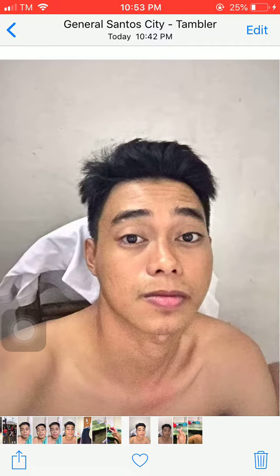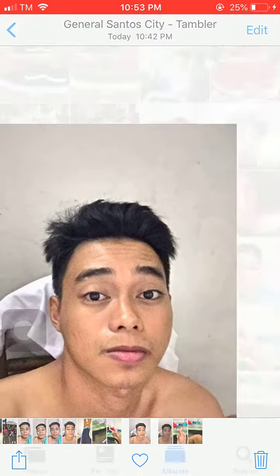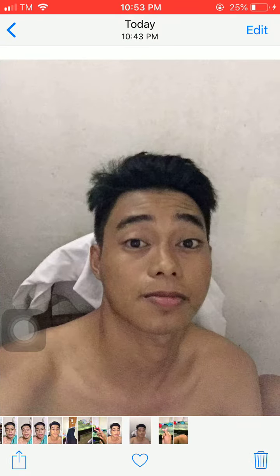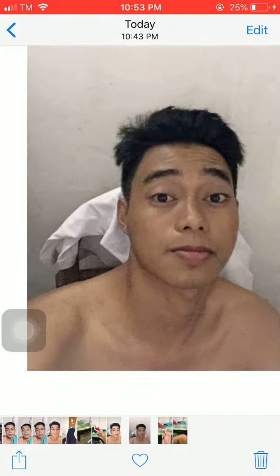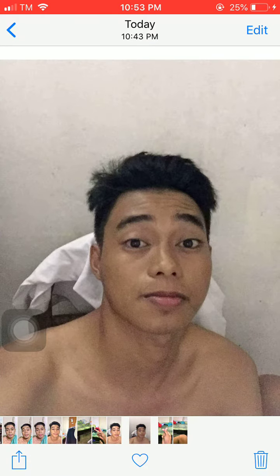This is taken by the app, and this is taken on the stock camera on the iPhone.